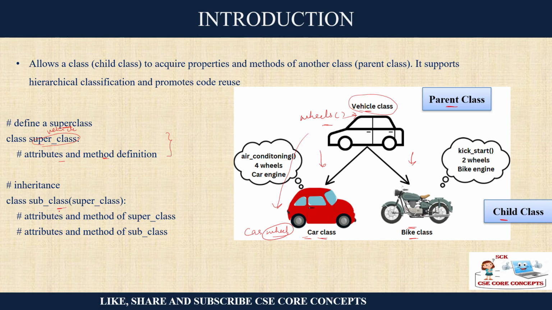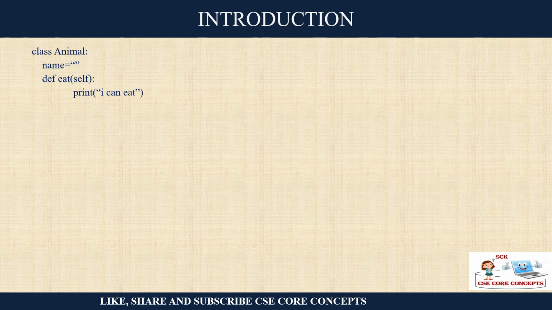So this is the superclass, but how will you define a subclass? How will you define which superclass it belongs to? In the brackets, you will have to write its name. Let's say I am defining a class called car, and in brackets I will write vehicle. That means car is a child class of the superclass vehicle. You can define the attributes of the superclass, and this subclass can have its own private attributes also, not a problem.